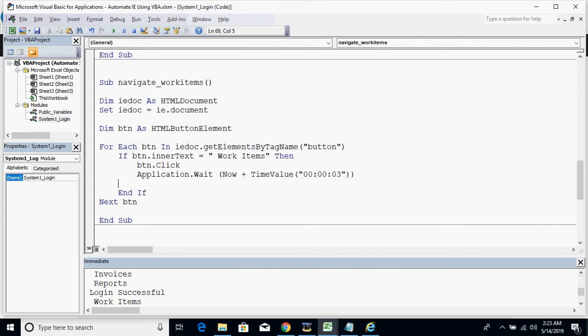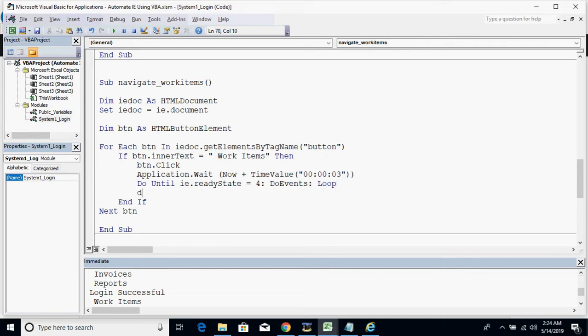Yeah, I think this will work. And then let's also ensure that we have the IE.readyState equal to 4. So 4 is the equivalent number of ReadyState complete. So it's a one line